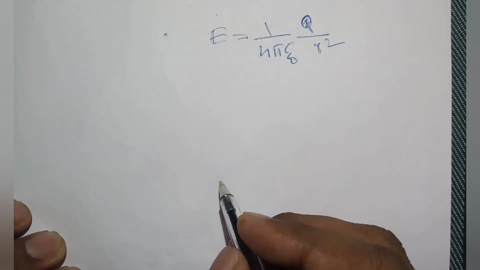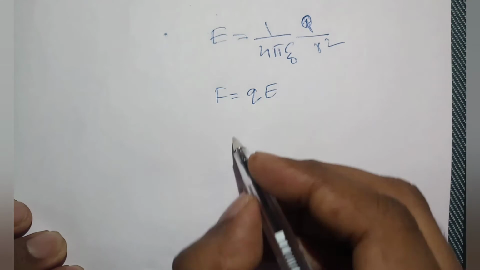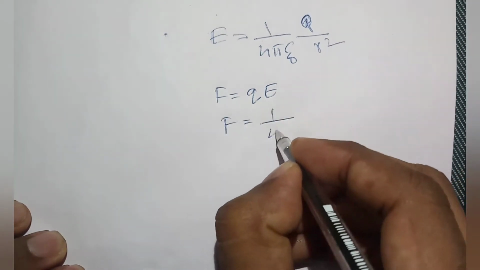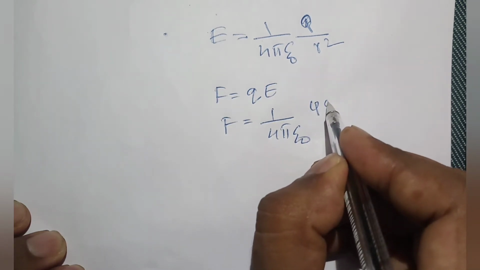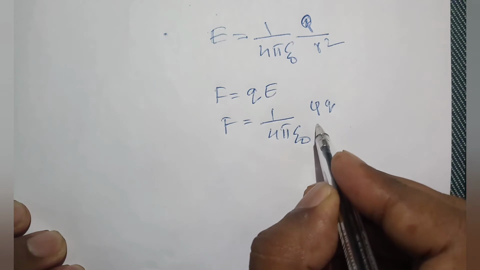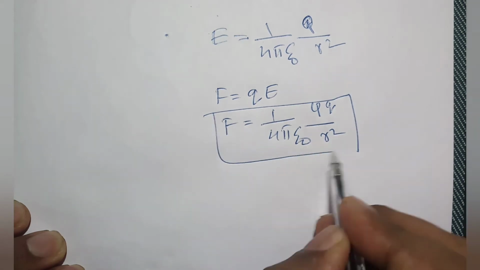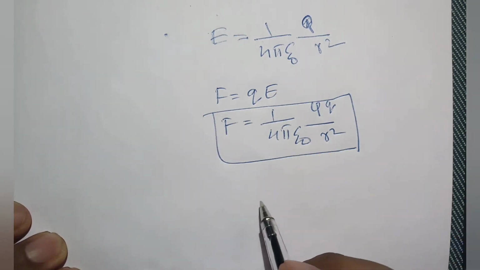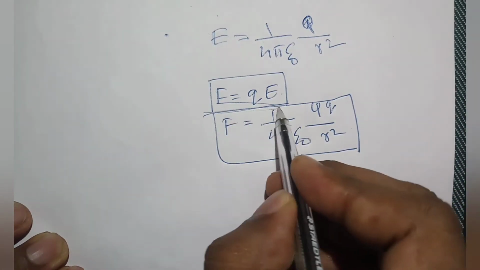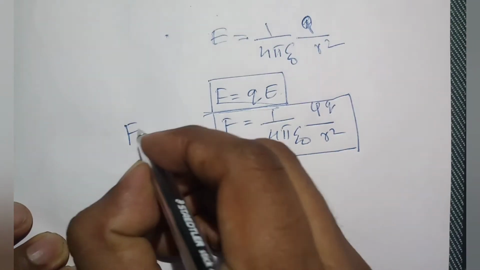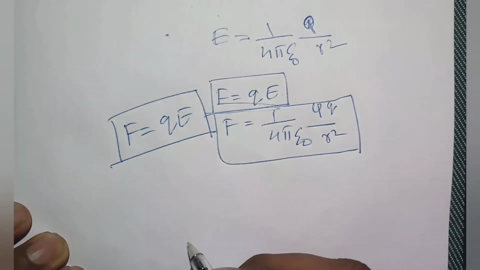Now the force acting on the charge is given by F is equal to Q into E, or force is equal to 1 by 4 pi epsilon naught this Q into small q divided by R square. So this is the force acting on the charged particle due to the electric field. If you have the electric field as E, we can use this simple equation. So in most of the cases we will use this one only. The force acting due to electric field is given by F is equal to Q into E. So this equation we will take as the main equation.